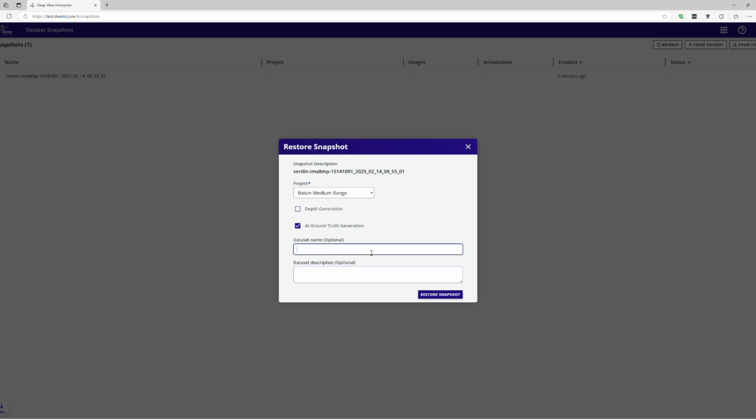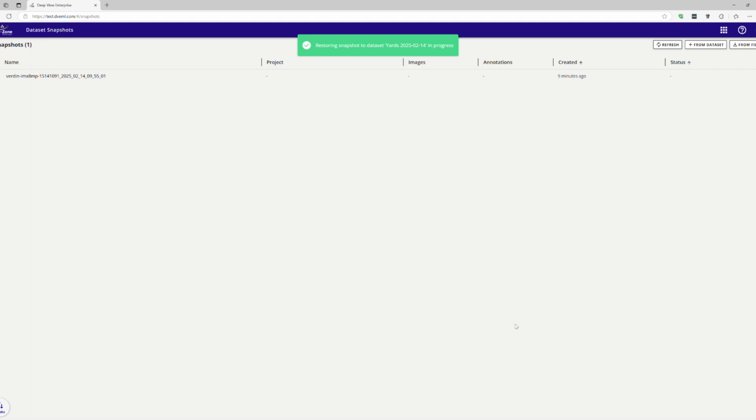Now I'll call this dataset name yards, and then the date when we captured it. This is just a common convention that we use. So train yards, or rail yards, is where we were driving around, and then the date, but you can use whatever format you like. Now we'll click restore snapshot, and now that this is kicked off,